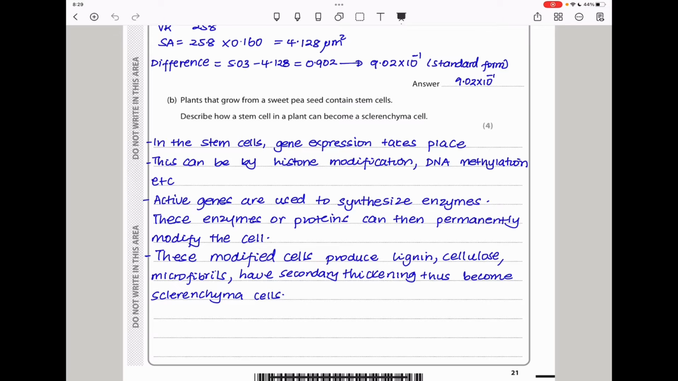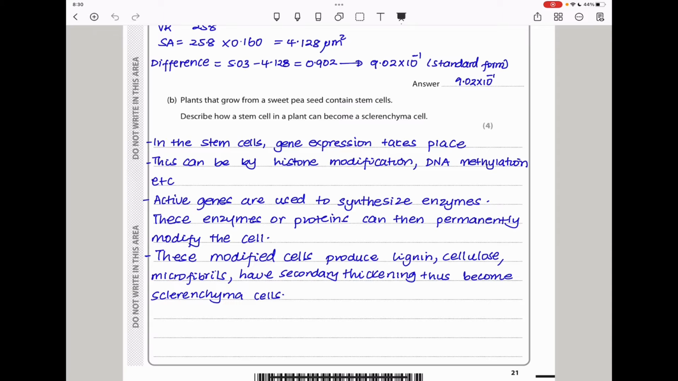Next, they say, plants that grow from a sweet pea seed contain stem cells. Describe how a stem cell in a plant can become a sclerenchyma cell. So one thing we have to know is for stem cells to become specialized, to be able to form, like in this case, sclerenchyma cells, a lot of modification has to go on. So I said in the stem cell, gene expression takes place, and this can be by histone modification, DNA methylation, and so on. There are so many modification processes that occur,